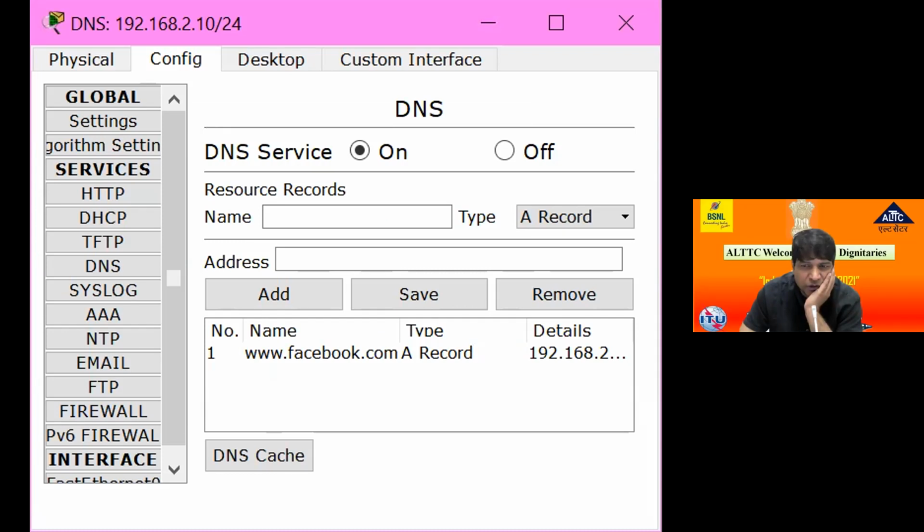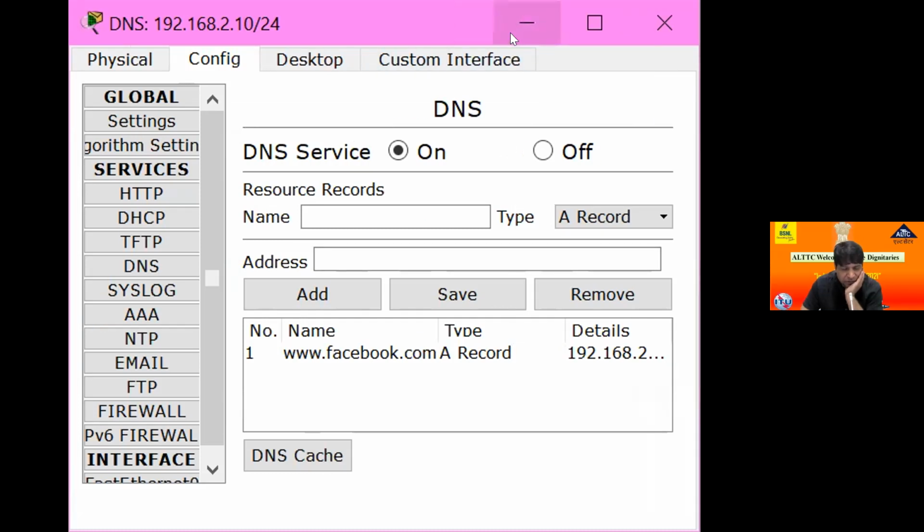Close this window and go to your main Packet Tracer.